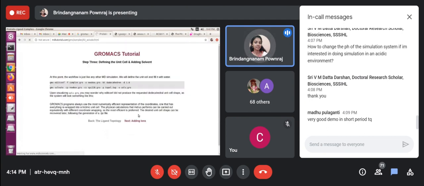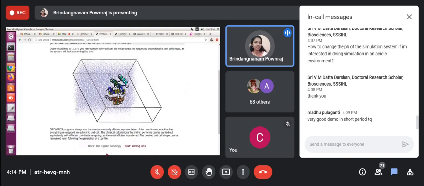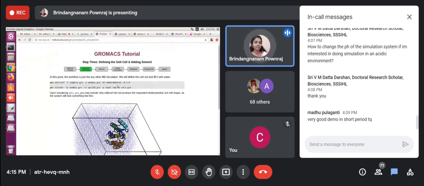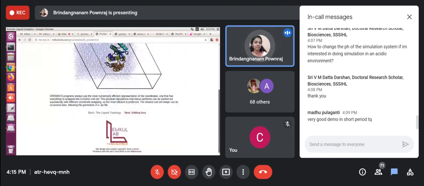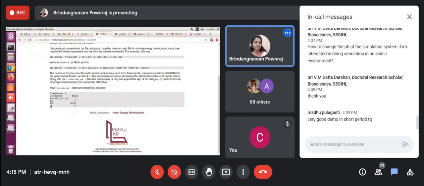Next, as usual, you have to go for solvation by creating a box. Here they are using a dodecahedron for this type of protein. It is not cubic. It all depends upon your protein only. So you have to mention the box type and fill it with water. Filling the water means solvating the system. Then based on the total charge of your system, you have to add ions. Here we are adding 6, and the total number of solvent is this much. And this is your ligand and this is your protein.